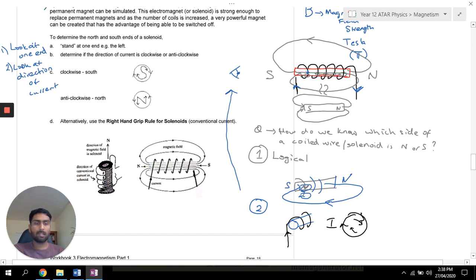you can say that if you join these up, this looks like an S. So this would be the south side of the magnet, because the current, if you look at that, is an S, and if you put tails on the end, that's going clockwise. Look, the arrows are going clockwise. Okay, so that's the current going clockwise. The next thing you can do